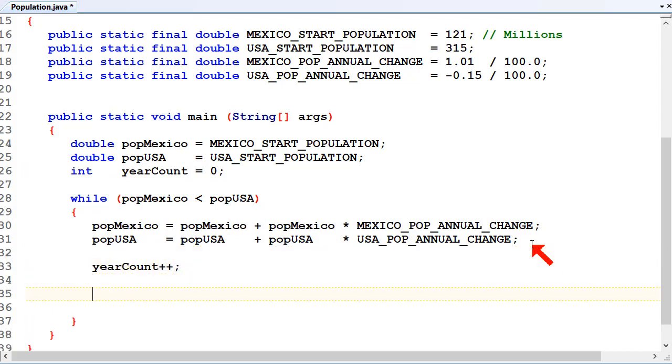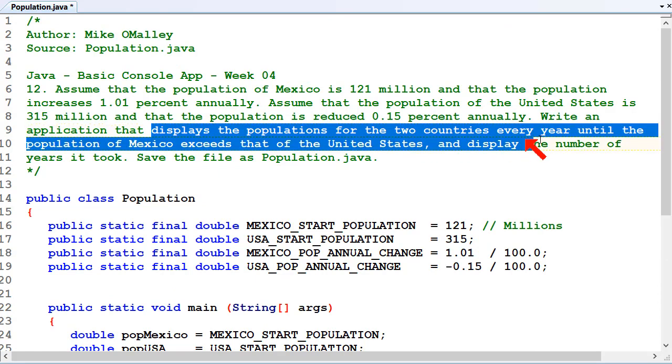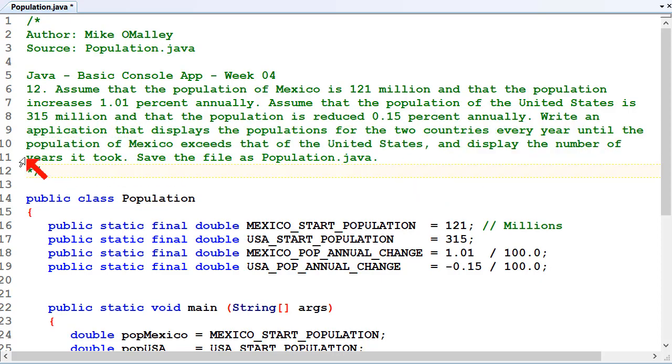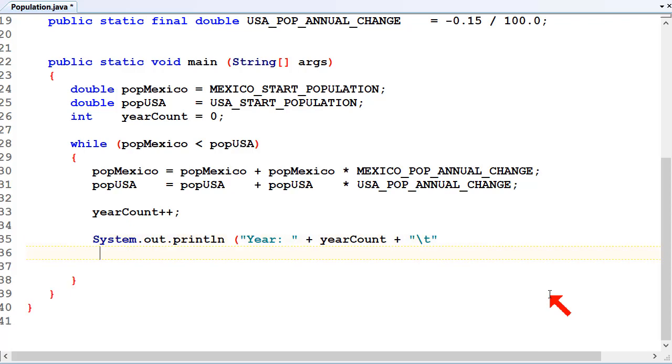And then we're going to display. The question says display the populations for the two countries every year, and then also display how many years it took at the end. Okay, so there's a few things we've got to display there. So System.out.println, and it's going to be year plus year count. So we can display the year count to the screen plus, and then we'll put a tab in, and then we'll display